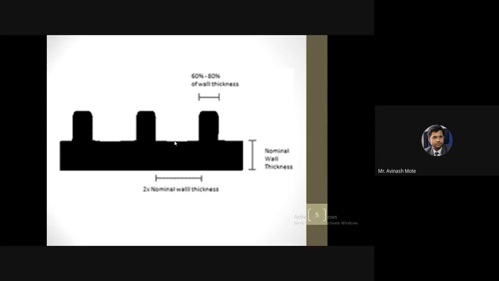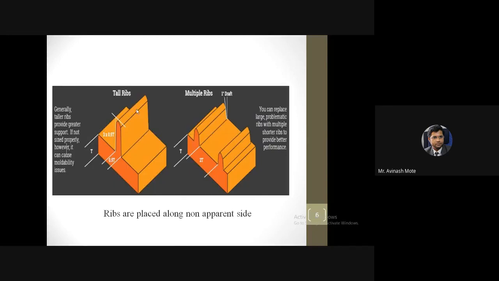And if you have two options, either to go for a less number of large ribs or a larger number of small ribs, meaning thick rib or thin rib, you will go for thin ribs with more quantity rather than thick ribs with less quantity. Rather than a single rib of large dimension, you can go for multiple ribs of small dimension, so that the load can be distributed evenly on the ribs. Ribs are nothing but supporting elements, in short, right?